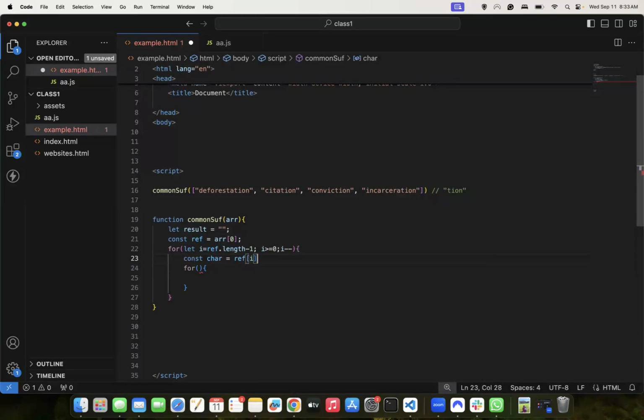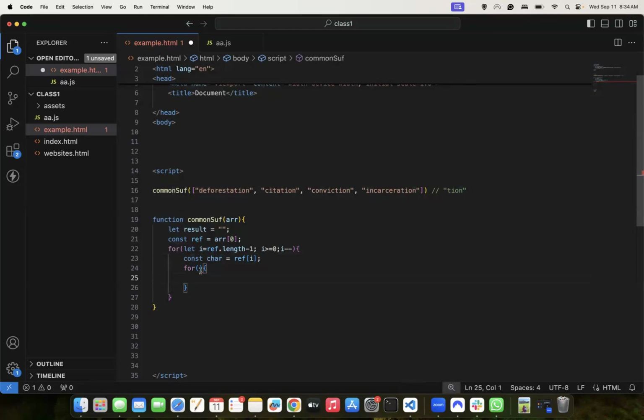I'm just creating this character variable, otherwise I would just use 0. Character would be the n right now. So I will be checking right now if all of them include it. But again, I'm telling you guys, if you reverse everything, it will be a little bit easier, because you don't need to calculate the